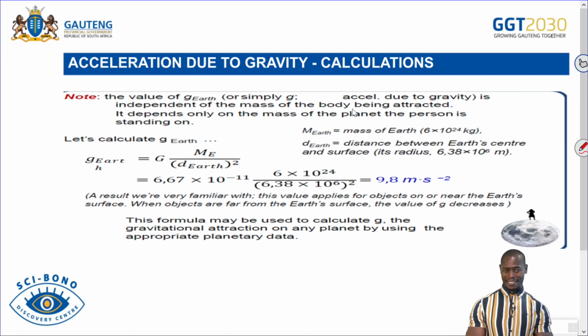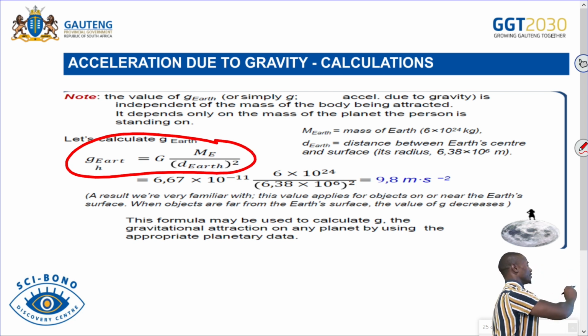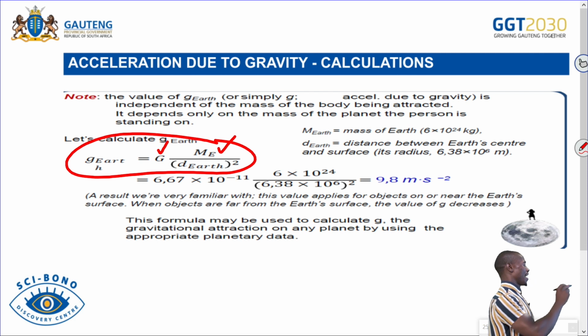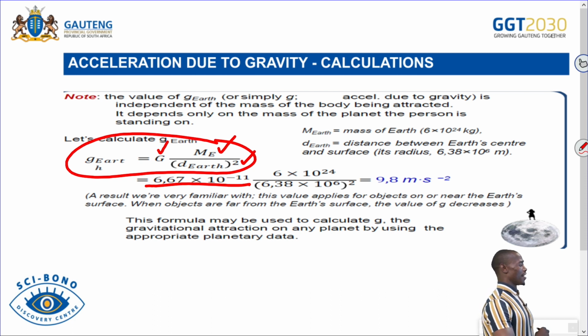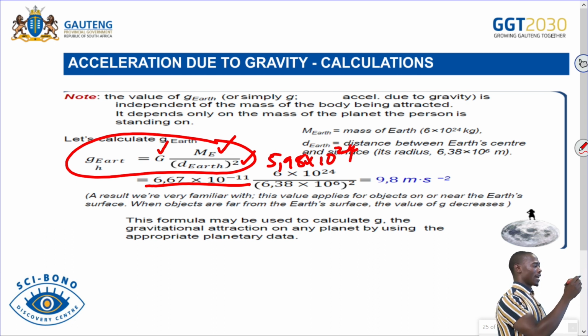So what I want us to do here, before this question, this is what I want us to look at. Okay? We want to calculate gravitational acceleration on planet Earth. We already know that is 9.8, but let's confirm if sure it is 9.8. So remember, when it comes to this equation, learners, right? This is gravitational acceleration on planet Earth, and then this is gravitational constant, and then this is mass of the Earth, and then this is the radius of the Earth. So capital G is this one, and then mass of the Earth, it's 5.98 times 10 to the power 24,